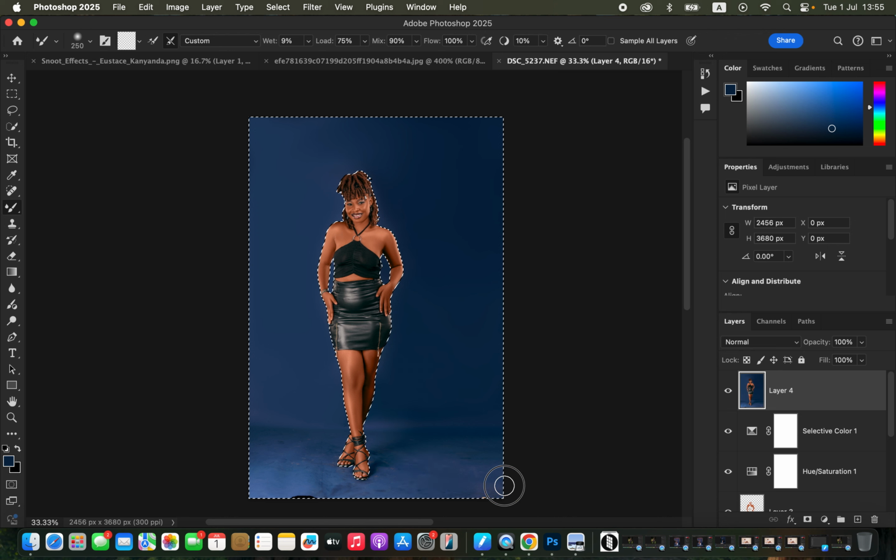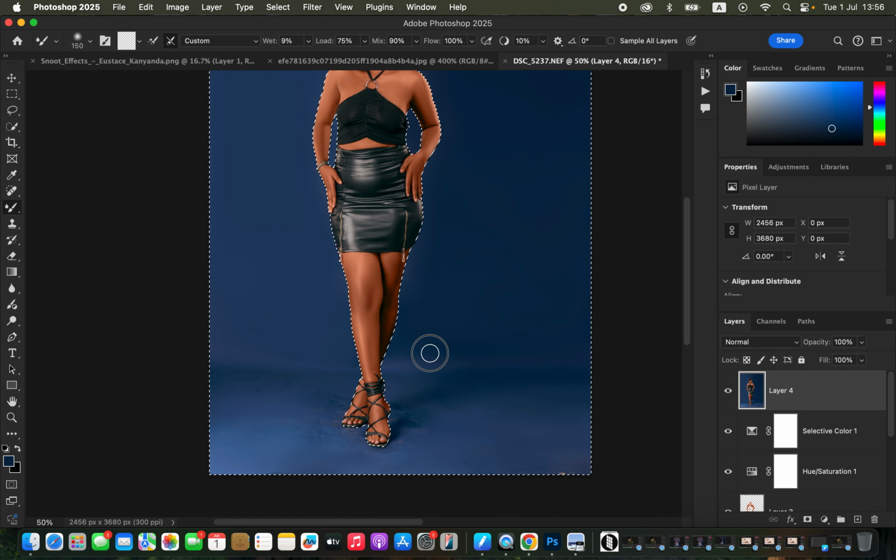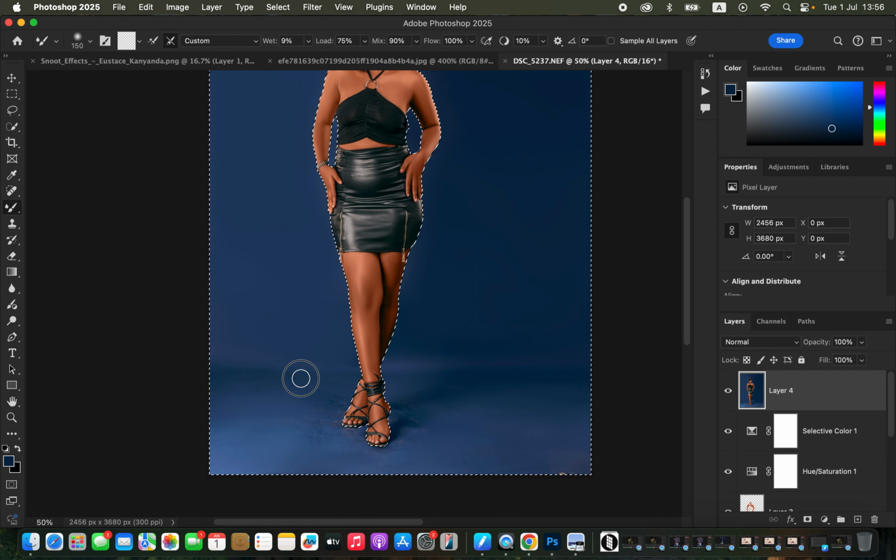So I'm just going to come to the lower part of the image and try to blend all these dirty areas right here on the foreground of the image. Like I said, take your time and don't eliminate the original or initial shadows in the image. I'm just going to slightly zoom in and leave this fold in the background because it creates shape, or it gives the overall image dimension. So I'm just going to do this,